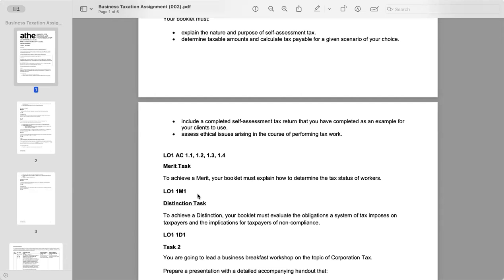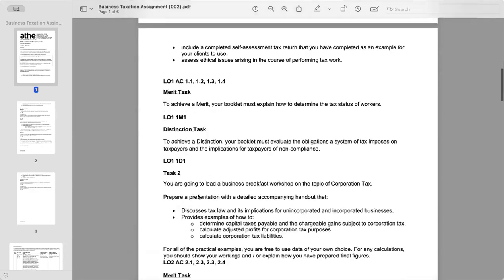As you embark on this task, keep in mind the significance of providing clear and accurate explanation. So it is crucial for business owners to have a clear understanding of self-assessment tax in order to fulfill their tax obligations accurately and ethically. Then next task,